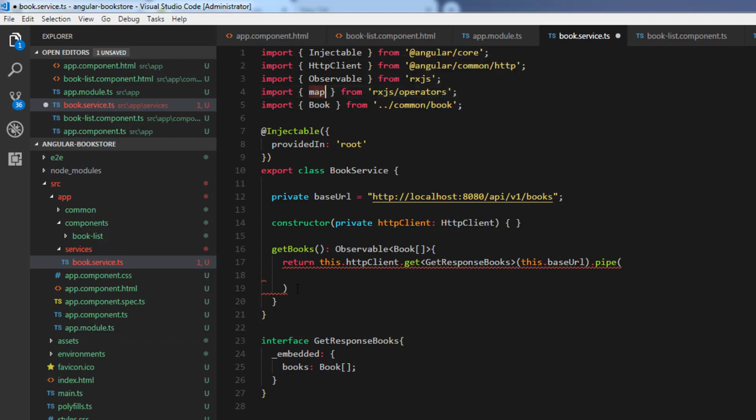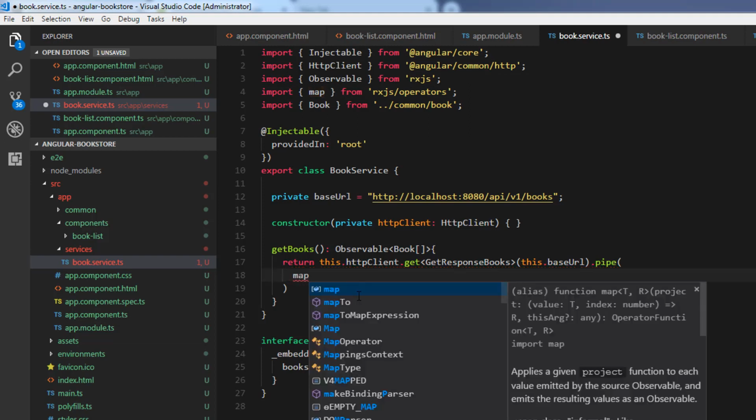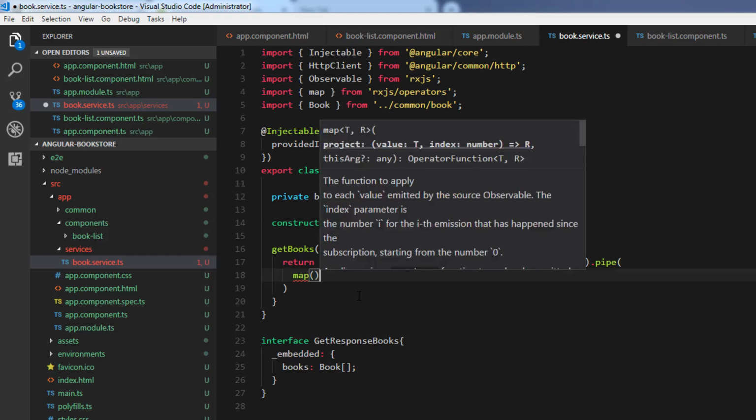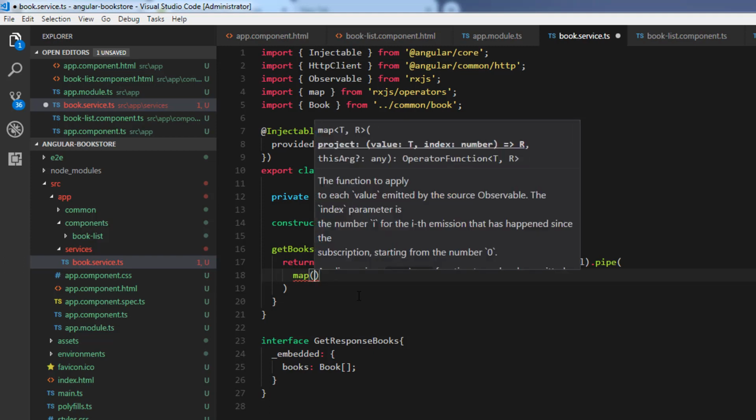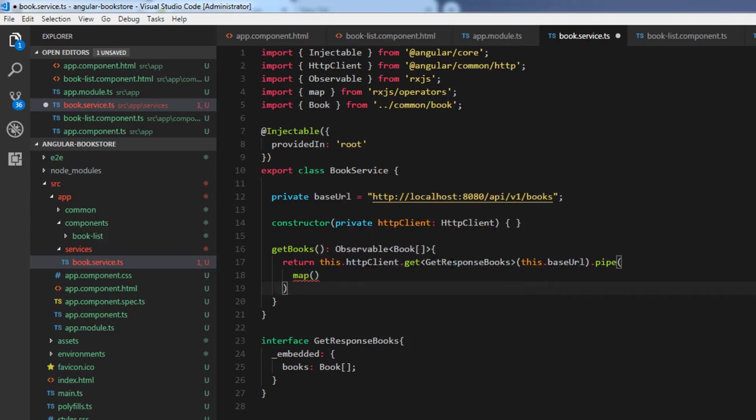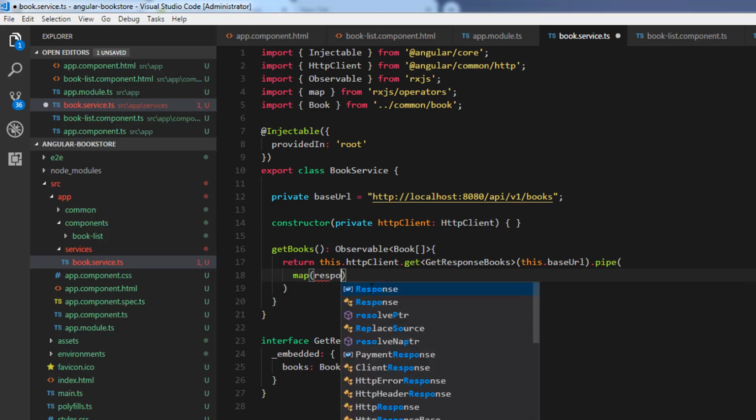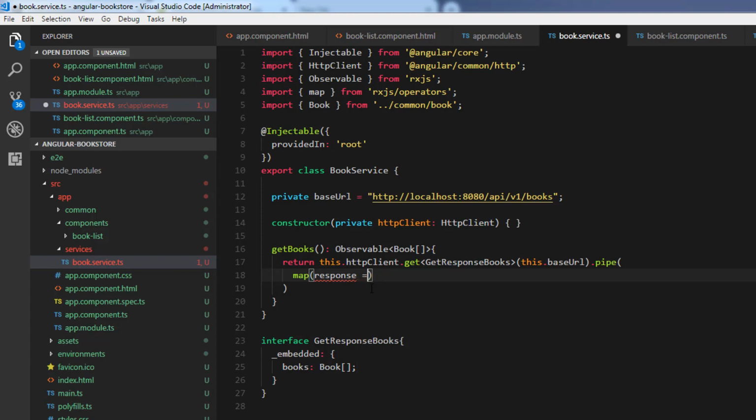So now let's make use of this map operator within the pipe method. Map takes the response as a parameter, and that parameter is a callback function. So we will make use of the arrow function.